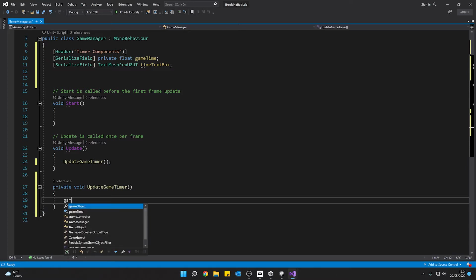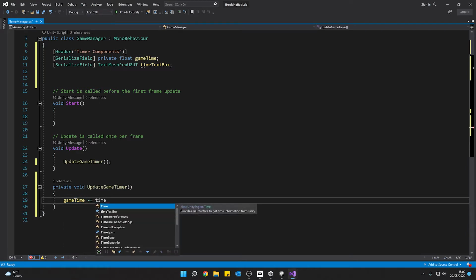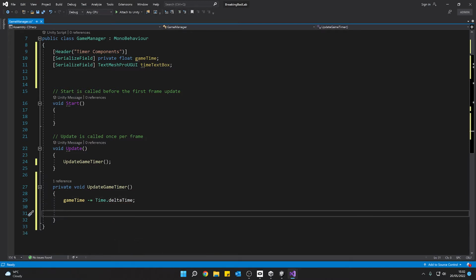Easy peasy. We take our game time, let's say it's like 60 seconds, and we're going to minus Time.deltaTime. Nope, Time.deltaTime. Now we need to do a little bit of conversion on this, so we can make this work for our formatting, because we want to display in minutes and seconds. So we actually need to do a little bit of tweaking to that